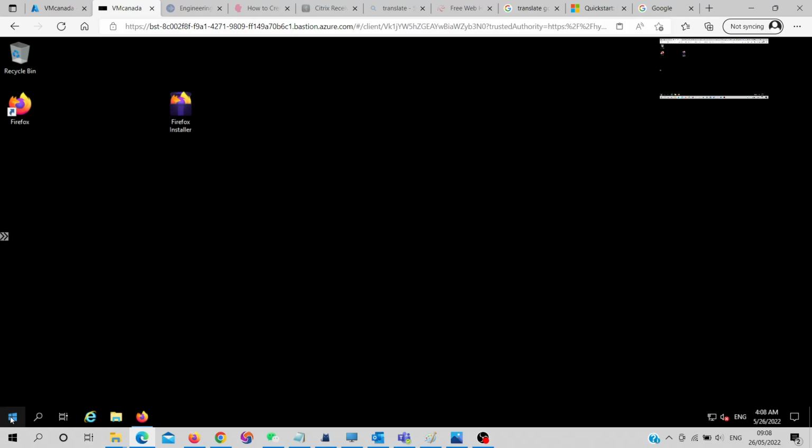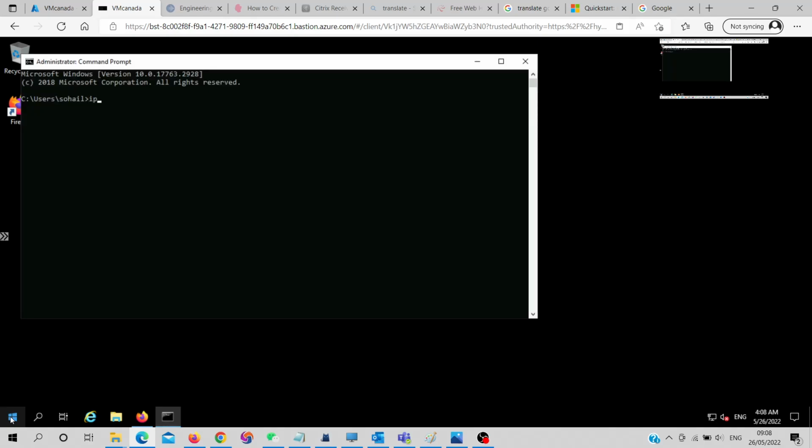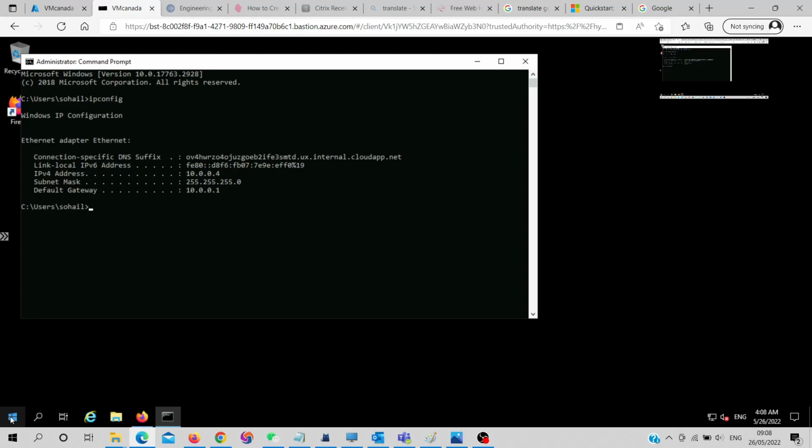I will open the command prompt over here and run ipconfig, so we can find it out. We are connecting through this gateway, and this is the private IP address. So basically we are using a secure way to reach this virtual machine. It's kind of a jump box, so we don't need too many virtual machines, like a public VM and then going from public to private. We go directly through the Bastion. So this is how we can create a Bastion and use the Bastion subnet to reach our virtual machines